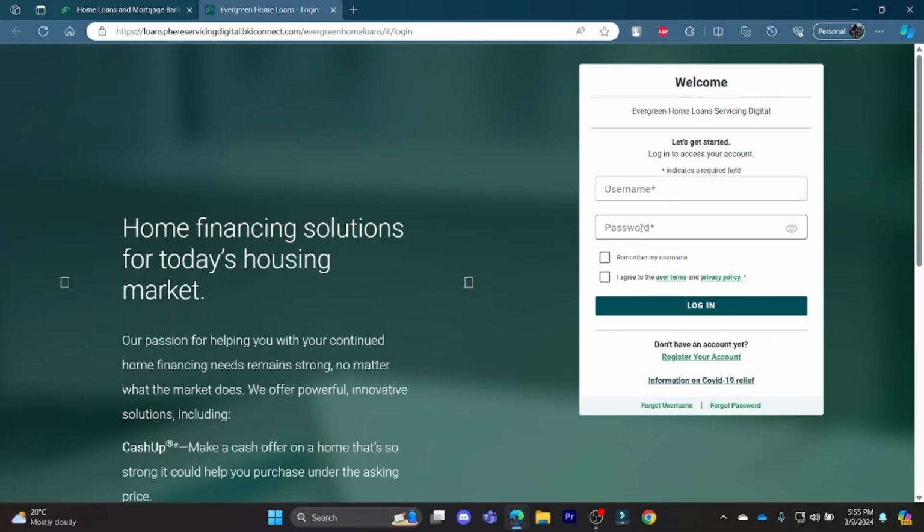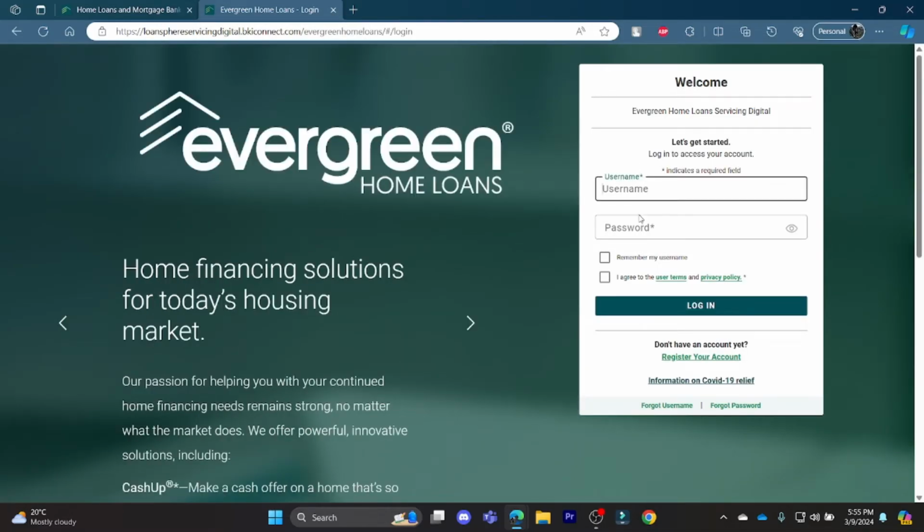of Evergreen Home Loans. After that, you can write down your username, your password, and if you want your browser to remember your username, click on the username and the browser will remember your username for the next time. And click on I agree to user terms and privacy policy. If you want to read these, click on the link and then you can read the user terms and policy